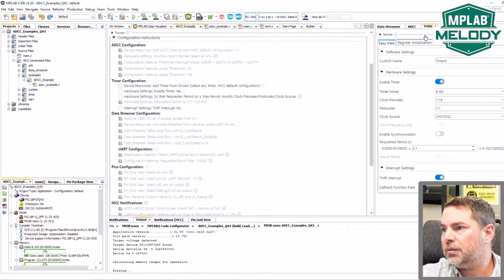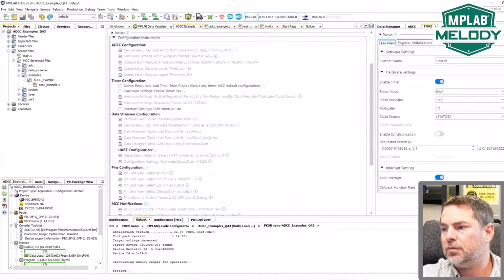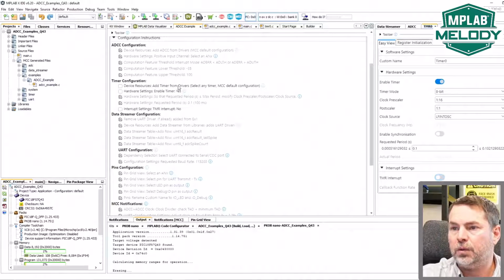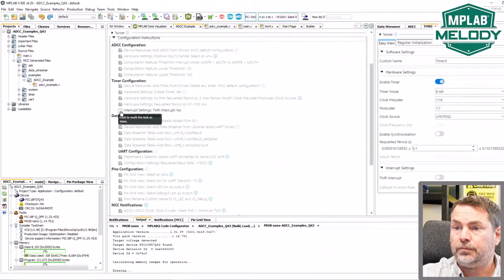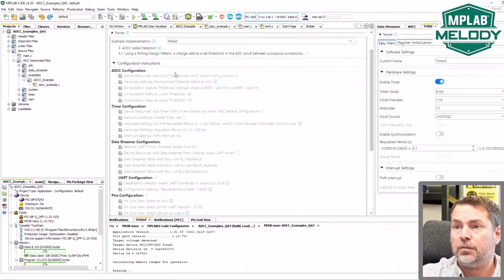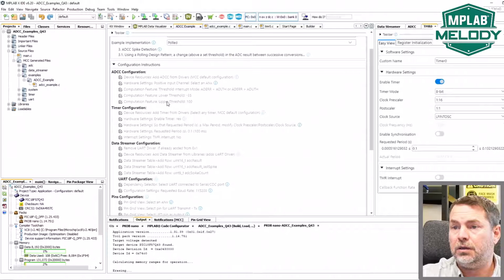Add timer, yes, we have a timer. Yes, it's enabled. Yes, that's the same period we want, so everything is fine in terms of the setting of the timer. The only thing that we need is we don't need timer interrupts. We want timer in polled mode, and that means we're going to get the task routine. So the ADCC,